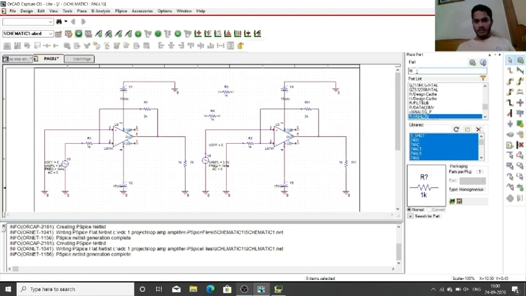Now if we want to add the voltage source, we can add VDC and press enter, and we can see that the voltage source has appeared. Press the escape key.